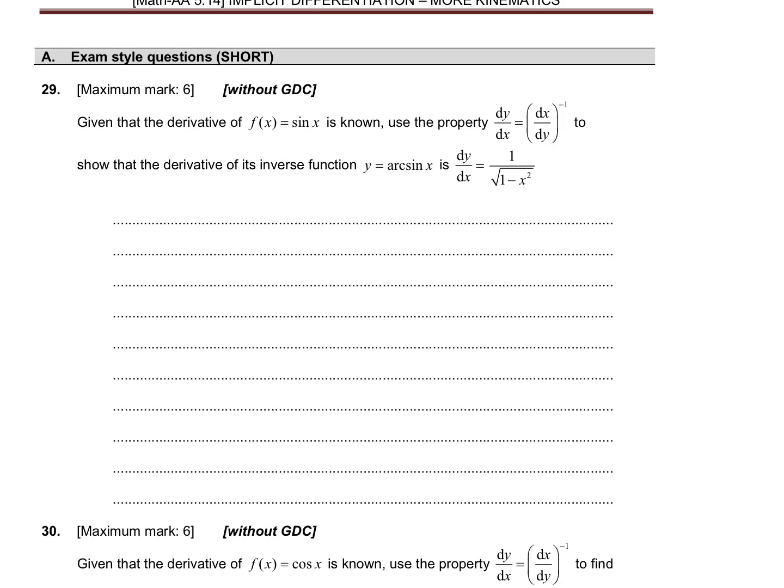Given the derivative of f is known, use this property to show the derivative of its inverse function. The arc sine is that. Okay, so if we do,